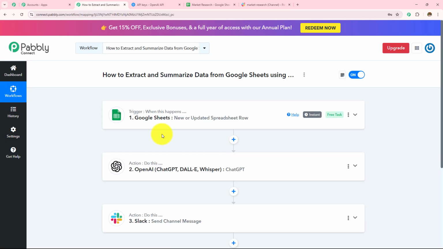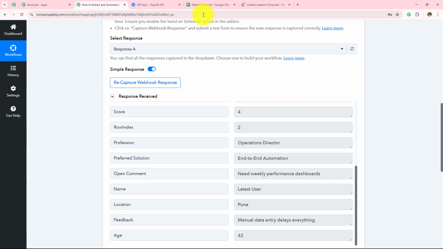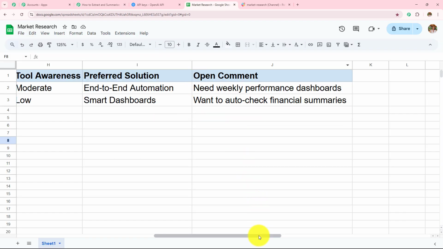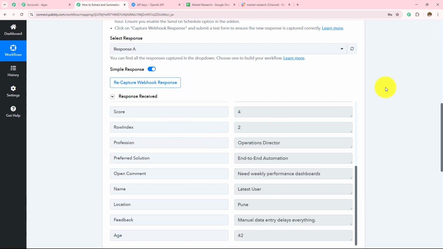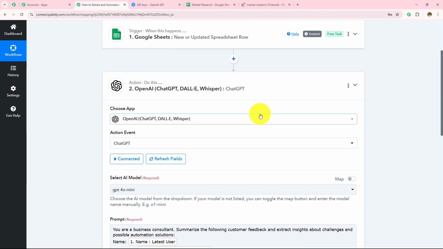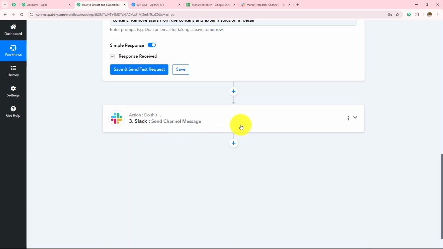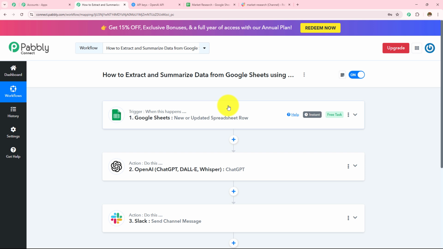Now to summarize, with the Google Sheets as a trigger application where we made connection with Pabbly Connect with the help of this webhook URL, we added the data in my Google Sheets spreadsheet and captured that response in this Pabbly Connect workflow. Then we moved to the next step where we wanted to generate the summary for this, where we wanted to extract this data and receive the summary. So we took OpenAI as my AI agent or my action application, made connection with Pabbly Connect, selected the AI model and then entered the prompt, received the response, and then we wanted to send that to my team on Slack channel. So this is how this automation workflow is going to run, and here we have successfully created automation between Google Sheets, OpenAI and Slack with the help of Pabbly Connect.